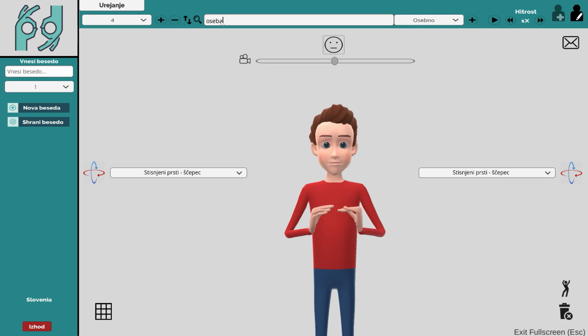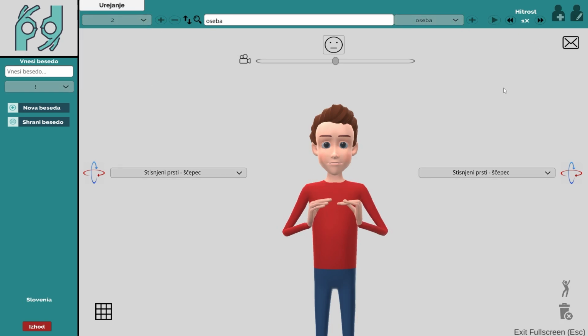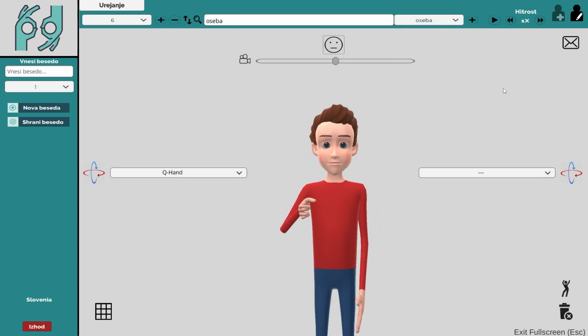And as easy as that, we have created the Slovene sign for a teacher, as we can see if we play it. In this case, the final sign was the exact combination of the two other signs, but it could happen that two signs would just be very similar or have the same parts. In such cases, we could also reuse the existing signs by importing them, but we would then have to reconfigure parts of them or add and configure new avatar positions. In our case, none of that is necessary and we can just save the new sign.